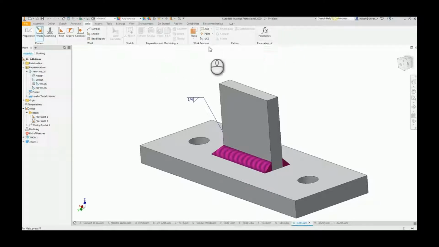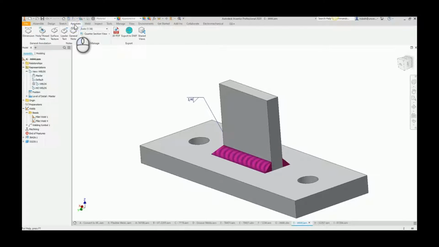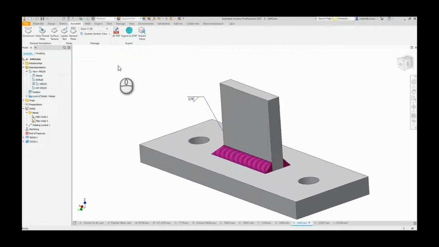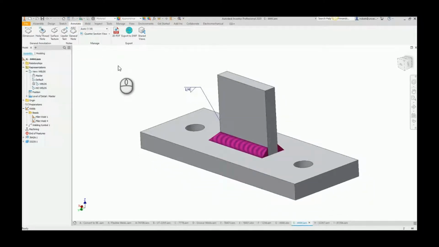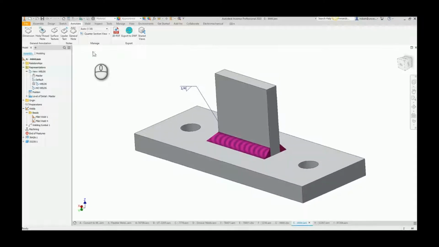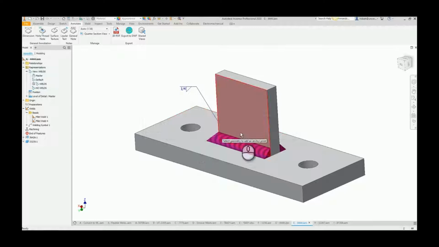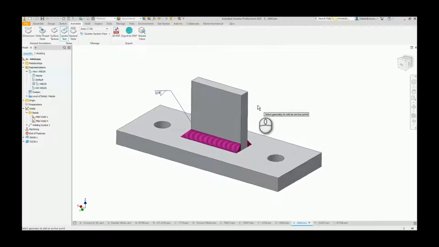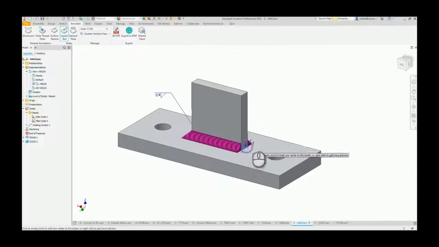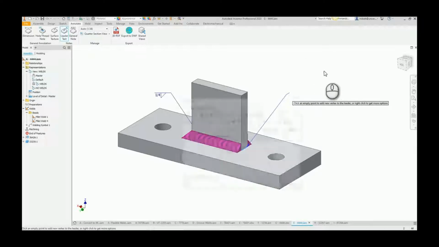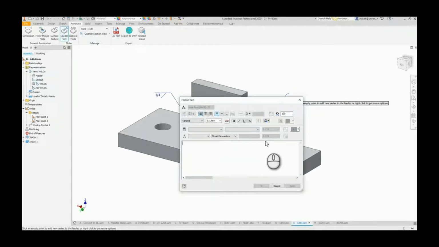So we're going to get out of the weld environment here, and go into the annotation environment of an IAM, which all IAMs now have. So what we're going to do is just go in and create a leader text. And we're going to pick that edge right there. And there's the leader it's creating. And we're just going to say no weld